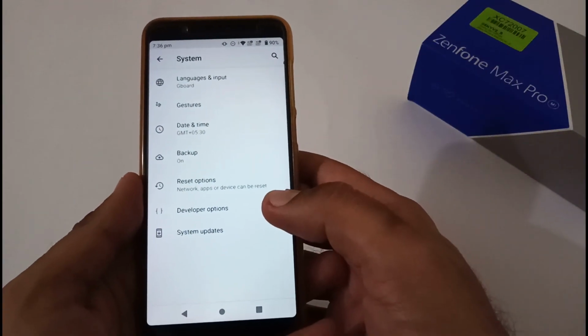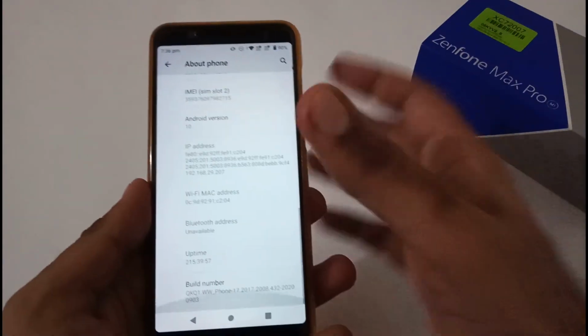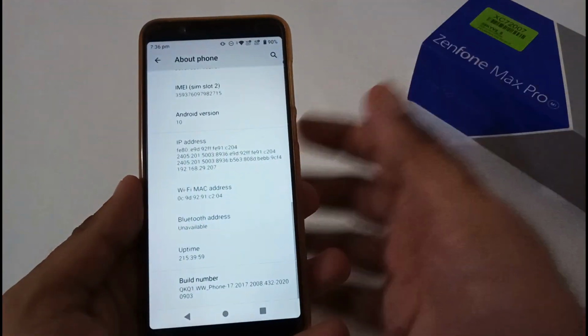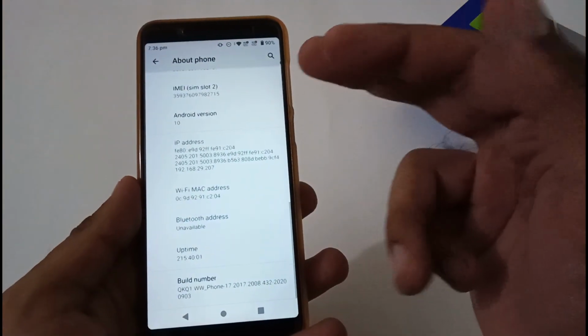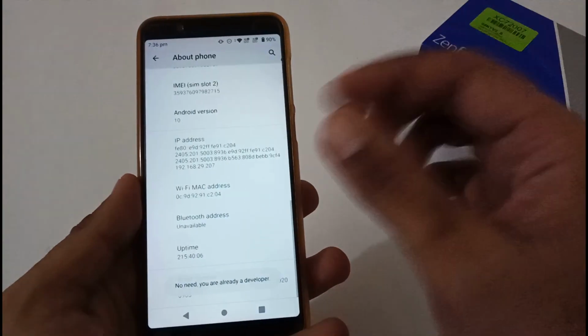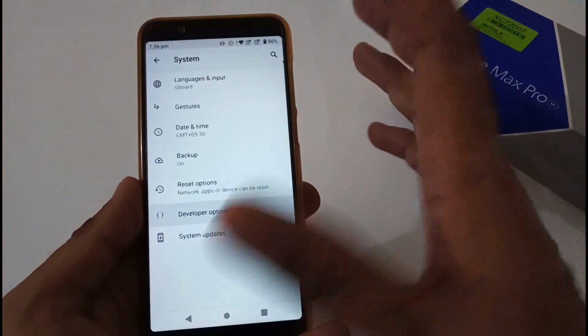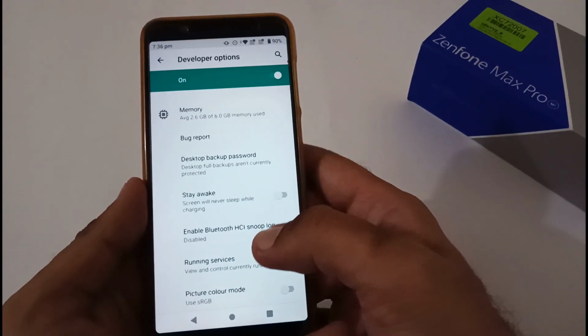Afterward, now we'll discuss developer options, but before that, let me confirm how to turn it on if you are not aware of that. For that, you have to move to the about section and then build number, which you will find at the very bottom. Just tap 7 to 8 times and it will say that you are a developer now, and the developer option will be available by default.